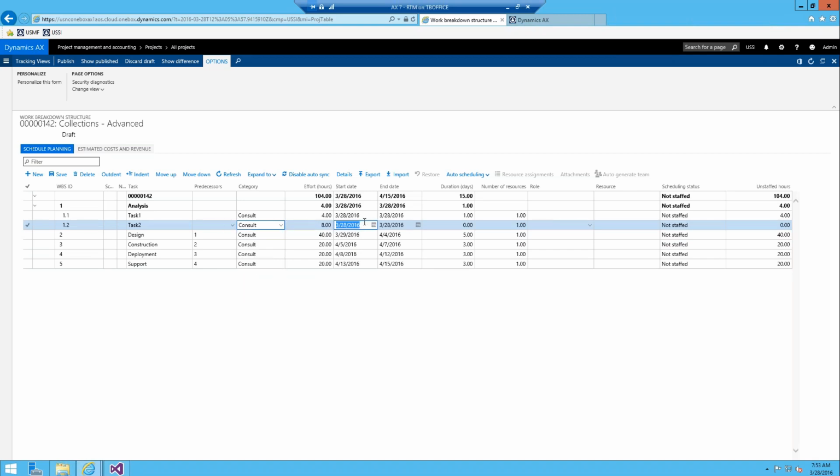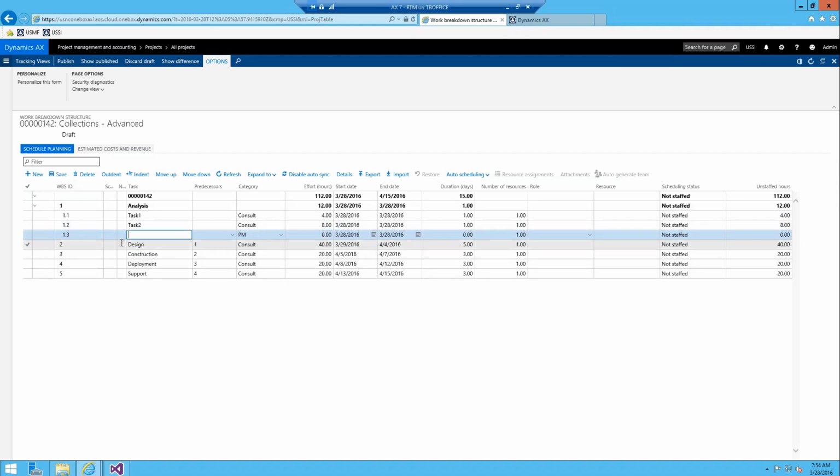I'll just do this. And a lot of times, from my experience, when I get into working with this, what really gives you some problems is that auto scheduling. So I like to work with it turned off. And ultimately, I like to work with it turned off because I have situations like this a lot of times. So let's say you build out your advanced work breakdown structure, you got all your tasks built up, but now let's say we add a new